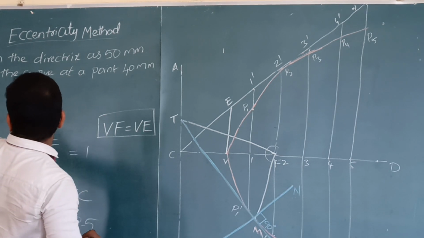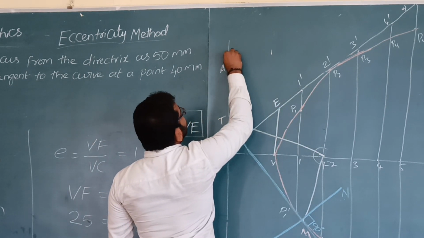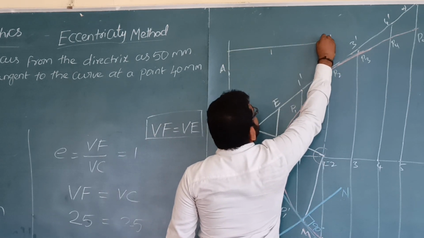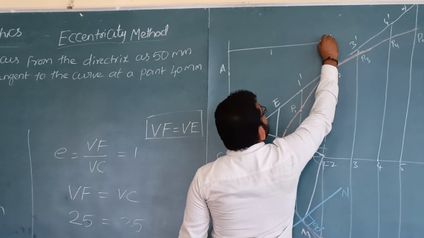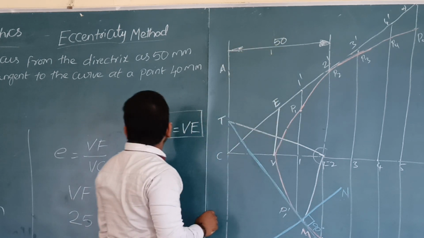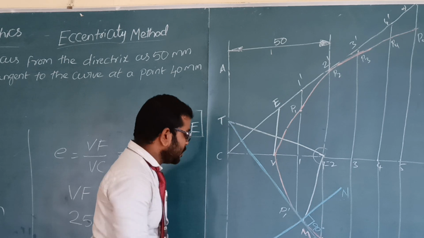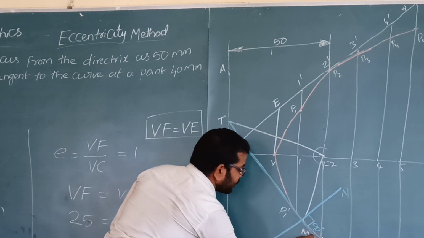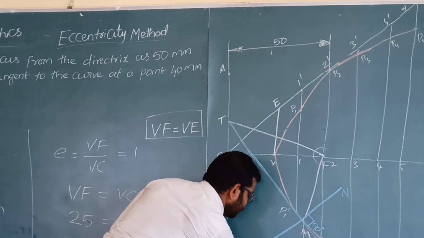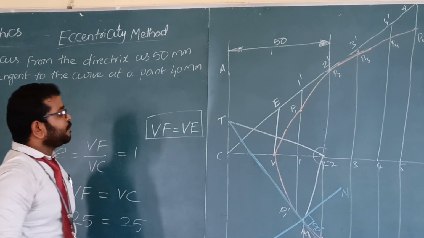The distance between the focus and the directrix is 50 mm, as given in the question, so we represent this dimension. Next, the tangent and normal distance from the directrix, also given in the question, is 40 mm, so we represent that dimension also. Okay, so this is the eccentricity